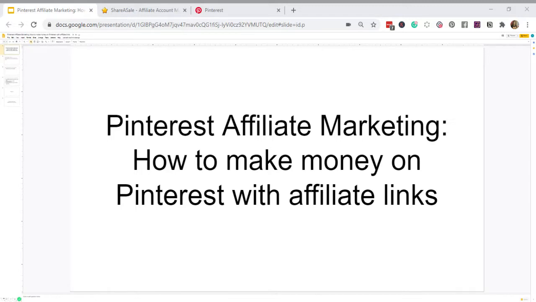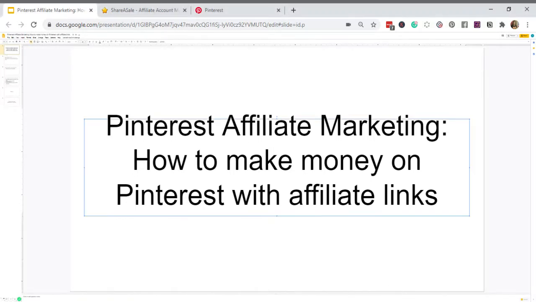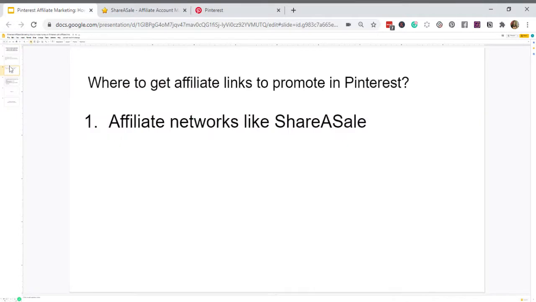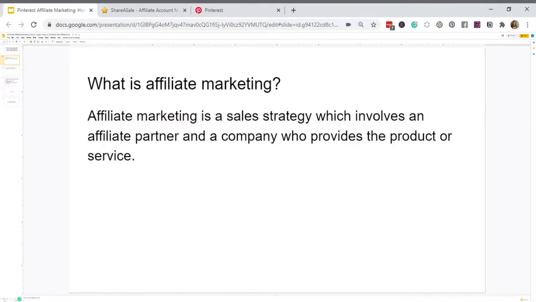First, let's talk about affiliate marketing. So what is affiliate marketing? Affiliate marketing is a sales strategy which involves an affiliate partner and a company who provides the product or service.